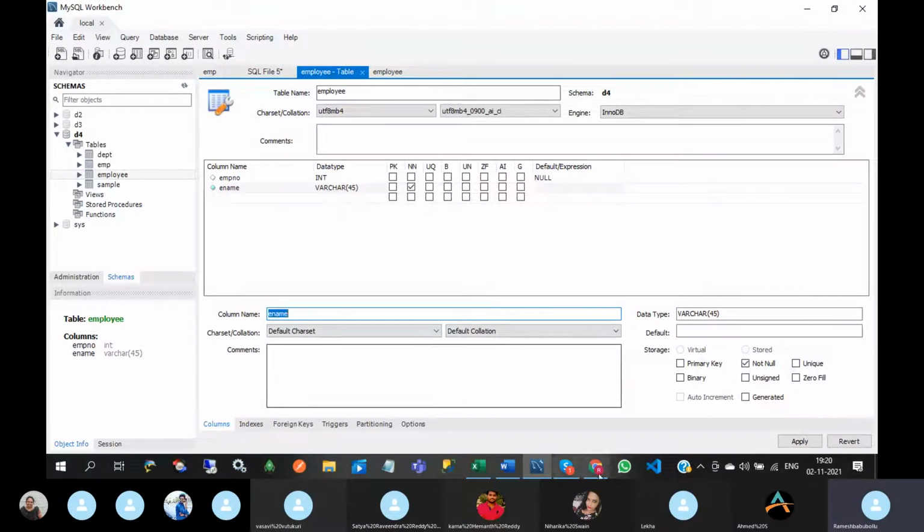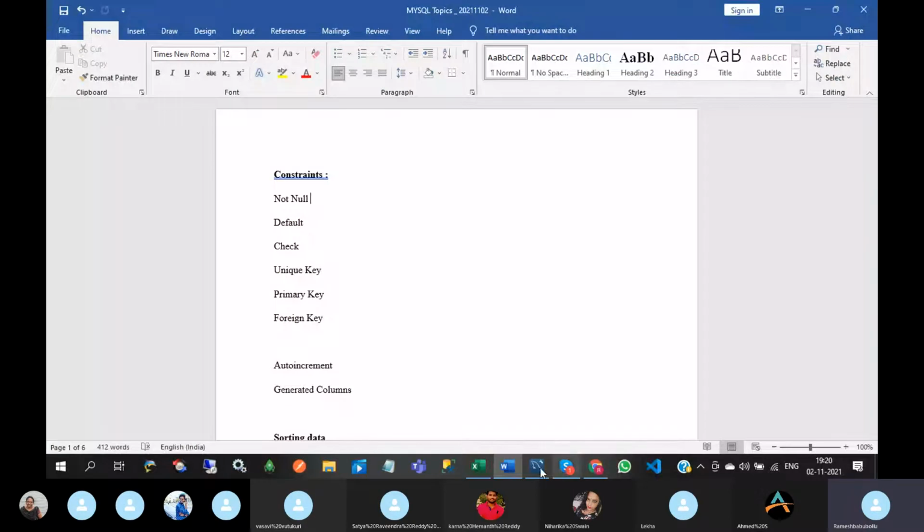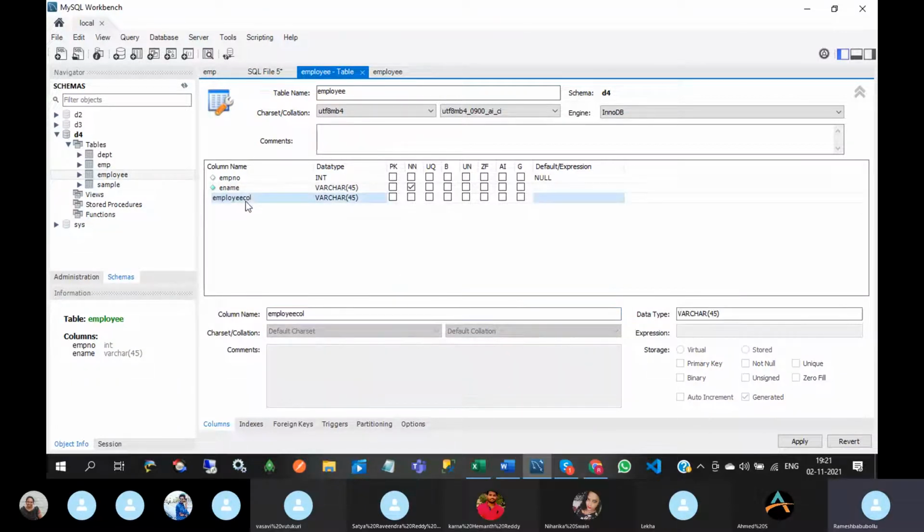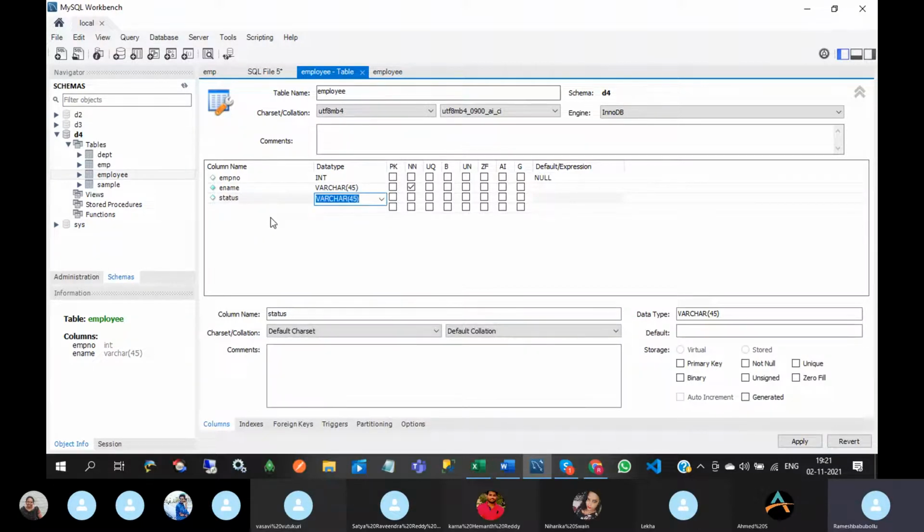Okay, next one, default. Default means it allows a default value for a column, like status. I am going to take a status column. It is tiny int.